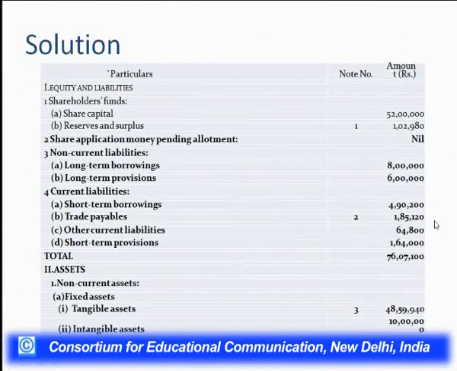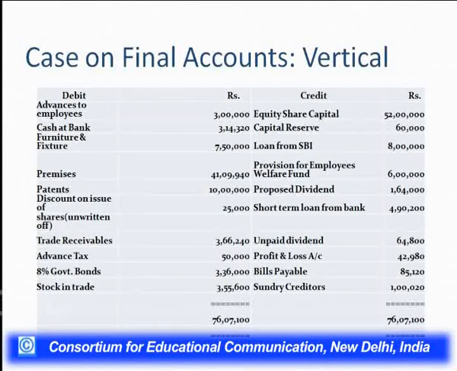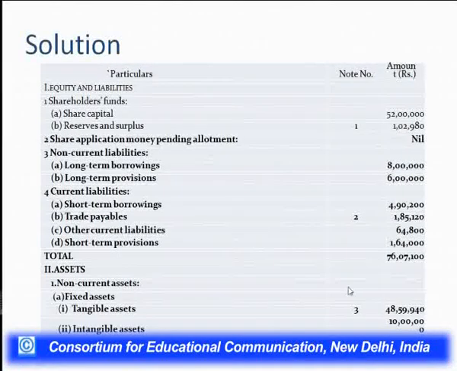We have been given bills payable 85,100, and then we have been given sundry creditors 1,20,000, right. So kindly read 85,100 and then 1,20,000. The sum of these bills payable and sundry creditors together is giving you this value